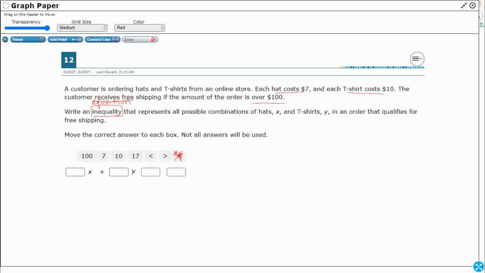We're going to write an inequality that represents all the possible combinations of hats and t-shirts we need to qualify for free shipping. They told us in the sentence above what that is, but they didn't necessarily give it to us here. We need to move the correct answer into each box, and not all answers will be used. They went ahead and placed the x and the y for us. There's your x, there's your y. What we're missing here,